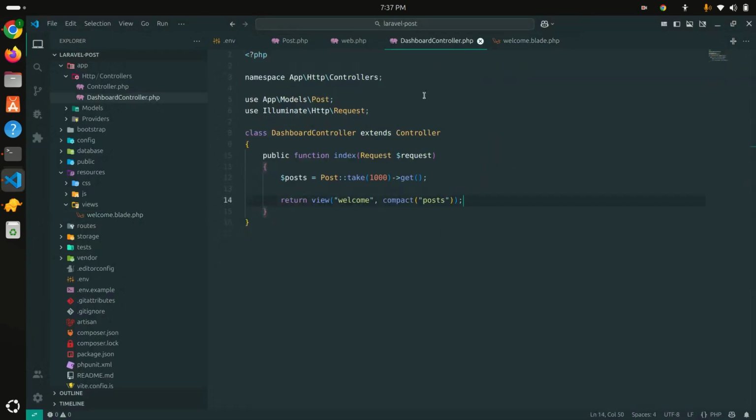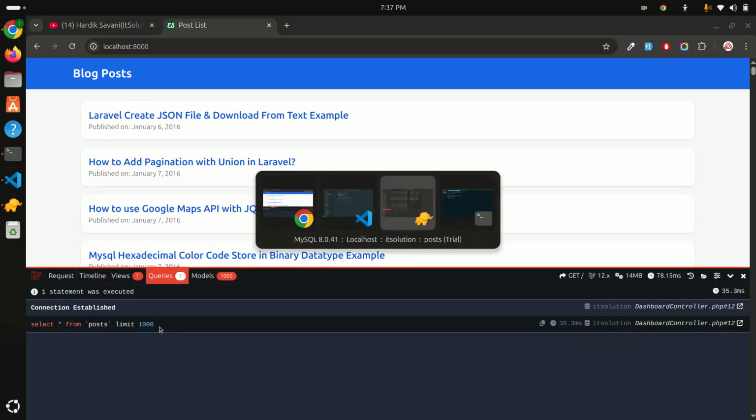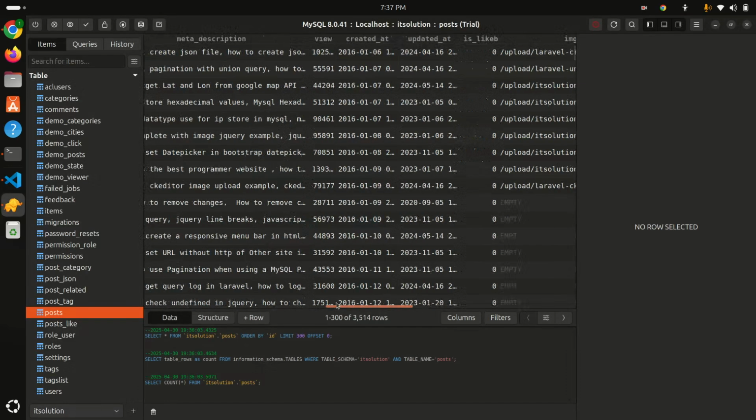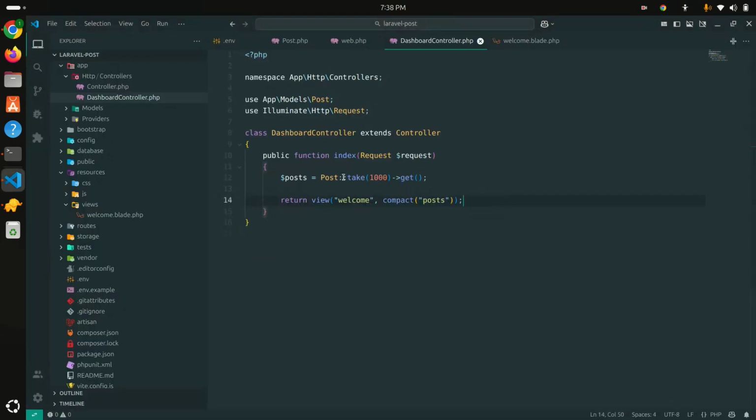In the dashboard controller, I have just taken post star from post, so that means we have selected all the columns from the post table. We have lots of columns: created, updated, and image. But when I display the data, I only display the title and the creation date, like the published date. The description, image, and the rest are all unused columns, and still I am getting them. So what I'm going to do, since I'm just displaying the title,